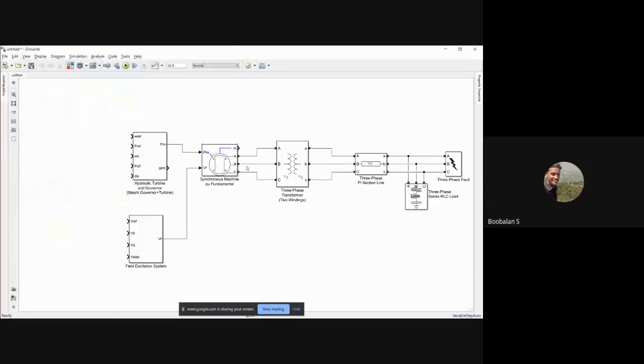Got the idea? But this machine will have its own controller, a PID controller, and it will have the local area frequency controller over here. It is going to sense these changes, the fault changes, and in such a way it is going to improve its controller effort, and it will maintain a constant load angle, right? For that purpose, this controller will need some reference value. So how the speed is reducing, that data the controller needs to get back with the help of feedback, right? So I need to measure this generator's parameters. What speed it is running at, how much voltage it is generating, that feedback the controller needs to sense.